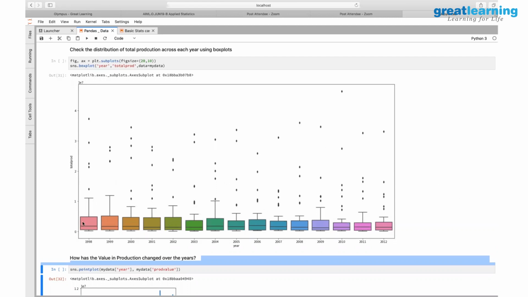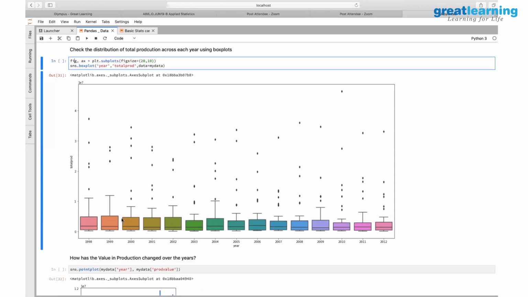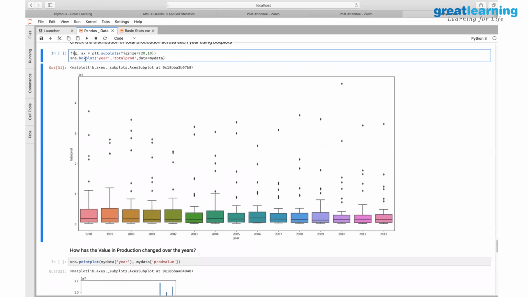That's why you see all these outliers across. And this happens more so when you plot all of these things together. Let's see how this box plot is getting created. So we are creating a figure and axis. Axis is primarily for the grid that it is creating. The plot size is basically 20 by 10. And then a box plot between year and total production. So this is the total production plotted for each of the years. The data is pulled from my data set. And when you create that, the box plot is created through this and it is pushed into this figure. Figure is nothing but the box where all values can be put together.